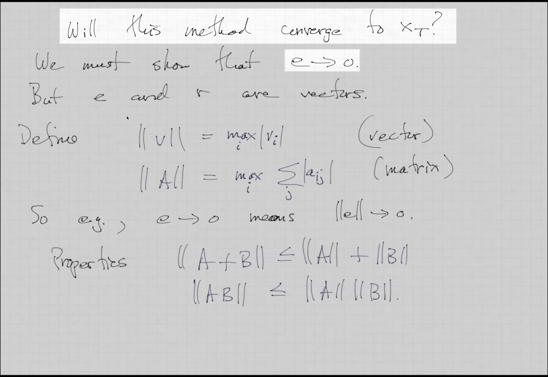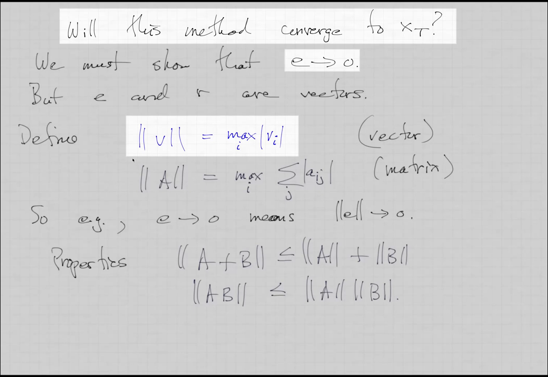So what we'll do is define the norm of a vector. By the way, the shorthand notation is double absolute value signs, so it's also kind of like an absolute value. It's not as precise a measure as absolute value or magnitude, so that's why we use the word norm. It's a bit fuzzier. But the norm of a vector will be equal to the maximum value of the absolute values of all the entries in the vector. So you just look at all the entries and take the one with a maximum absolute value,